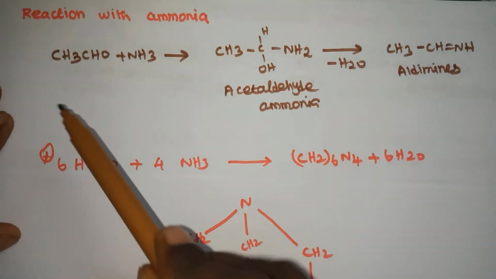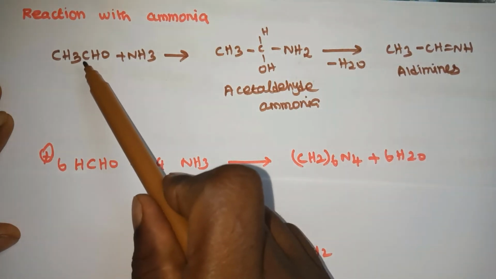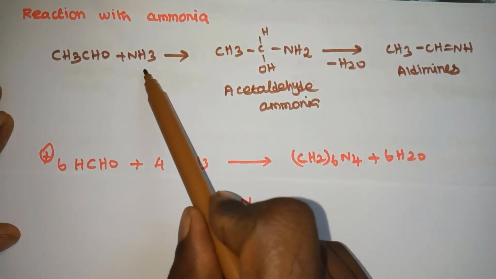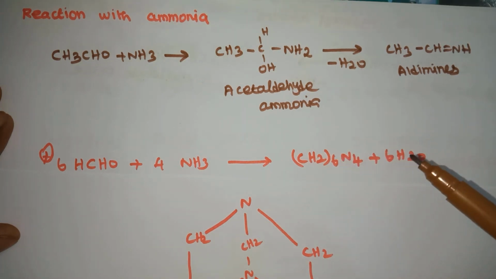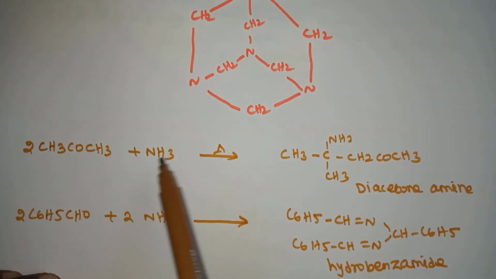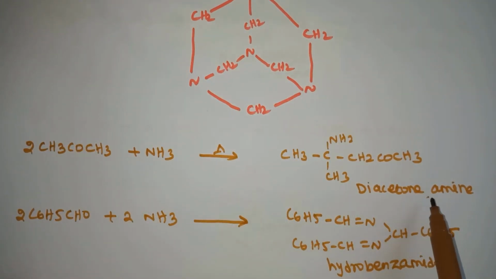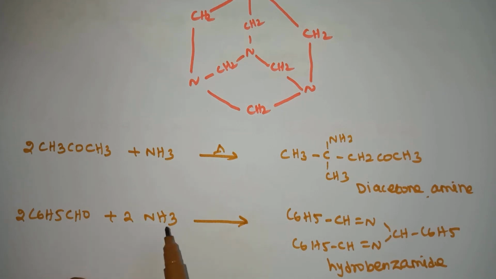Reaction with ammonia. Aliphatic aldehydes except formaldehyde react with ammonia to form aldimines. Formaldehyde reacts with ammonia to form hexamethylene tetramine, also known as urotropine. Uses of urotropine: it is used for the preparation of RDX explosive and as a medicine to treat urinary infection. Acetone reacts with ammonia to form diacetone amine. Benzaldehyde reacts with ammonia to